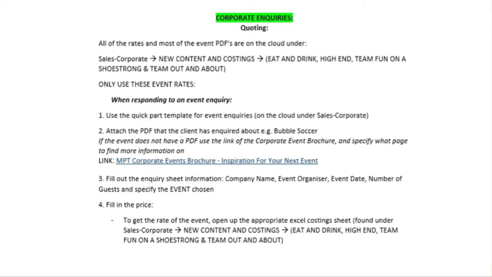So first of all, we talked about quoting, how you quote, where you can find the rates to quote for different types of corporate events, where you can find a template that you can use to create the quote, what needs to be sent to the client by way of attachments when you respond to their inquiry, what you need to do with the contact information after you've sent the inquiry so that it can be added to the database. Basically, every step in the process and the kind of steps that if anyone walked into your business and assumed this role, they could just follow step by step to complete that task.